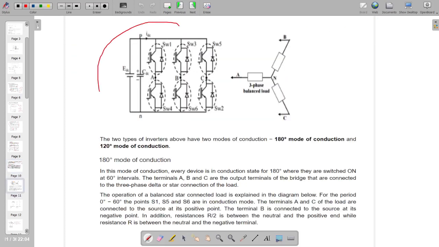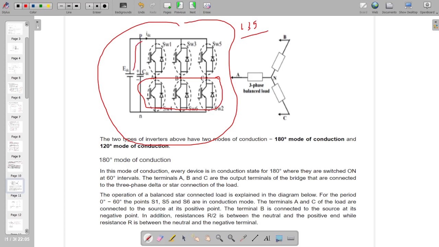This is the three-phase inverter. We are giving the DC input. This is the first leg with switch 1, switch 3, switch 5 arrangement, kept in the upper part. The second leg, the lower portion of the network, is connected as S4, S6 and S2. Why? Because in the first period, 0 to T by 6, thyristor 1 and thyristor 2 are connected like this.